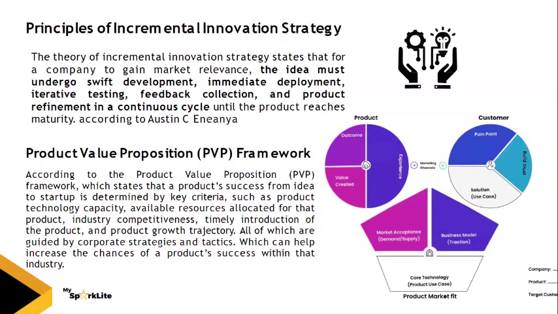Now, this traction block, once you are able to scale it on a local level, regional level, international level, you will then get to market acceptance. That is where you get to market acceptance as far as this framework is concerned. So there's a whole lot of explanation that comes with this product value proposition. I'm not going to explain it much, but you need to understand something. If you are going to compete favorably in the marketplace, you need to understand the strength of the products that you are building.